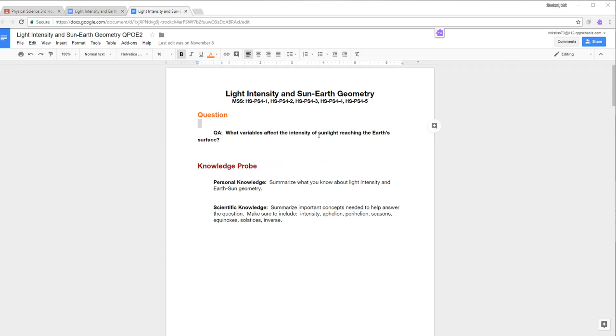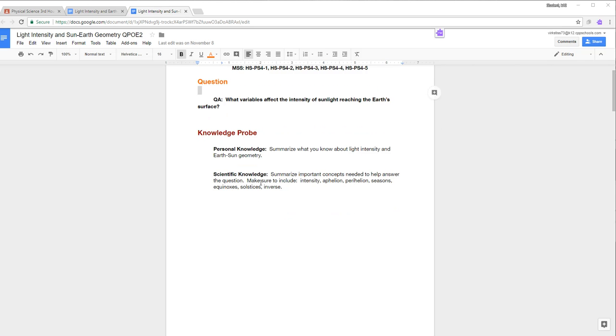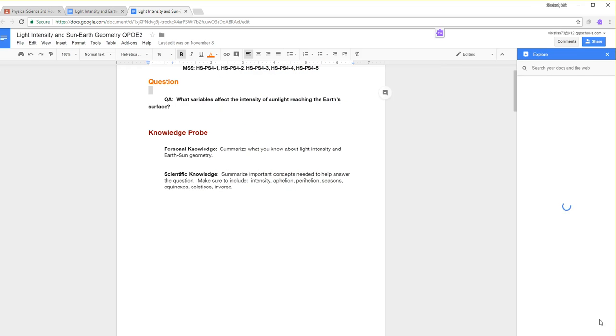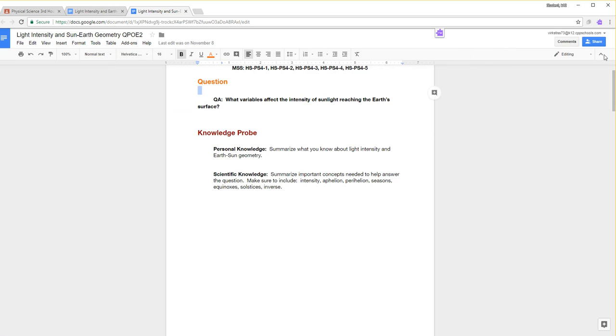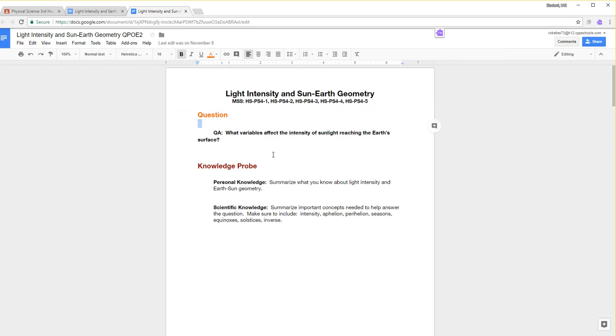All right, so here's the QPO itself, knowledge probe. This should be done already. Summarize what you know about light intensity and Earth-Sun geometry. Scientific knowledge, make sure you cite these MLA style and use the explore feature down here, which we have done before. The other thing you probably want to do on the first page here is go ahead and put your